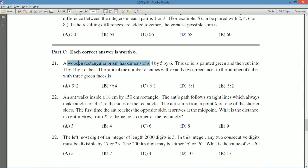A wooden rectangular prism has dimensions 4 by 5 by 6. This solid is painted green and then cut into 1 by 1 by 1 cubes. So it'll be 4 times 5 times 6, that's 120. We'll have 120 1 by 1 cubes. The ratio of the number of cubes with exactly 2 green faces to the number of cubes with exactly 3 green faces is...